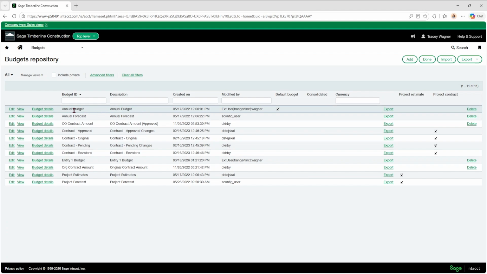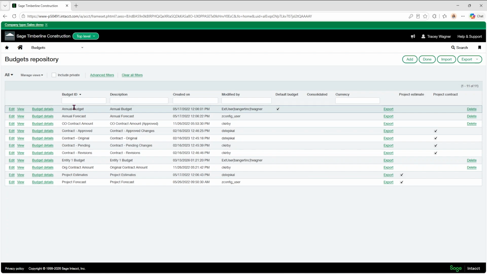I do want to look at this annual budget. Let's just look at these budget details. Most companies are going to use this annual budget and they're going to put every year's budget in the annual budget. I have seen some companies that prefer to create like a 2026 annual budget, 2025 annual budget, and so they'll have several budgets in here for each year.